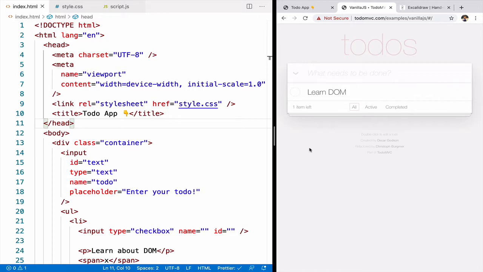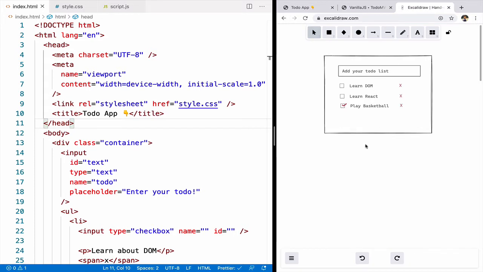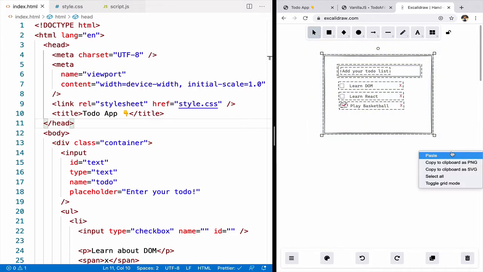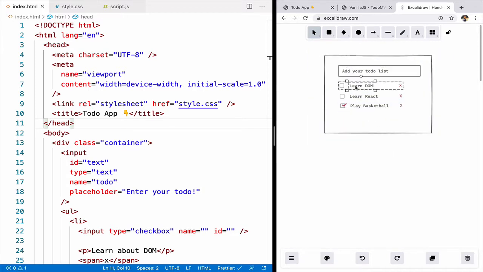So now we will try to understand how we can approach making this application. So here we can see the to-do list. This is how it looks. Each to-do list has multiple information, something like the name of the to-do list and the data whether it is complete or not. So here in play basketball, we can see the text is play basketball, but this to-do list is completed. And the reason we know that is because it has a tick mark. Similarly, learn React is not completed.